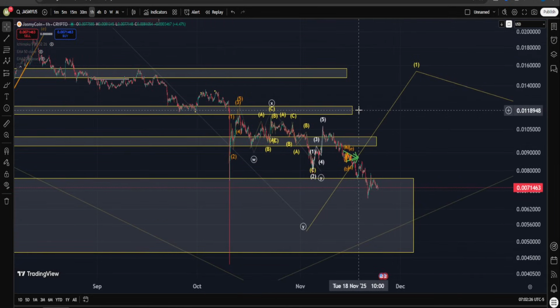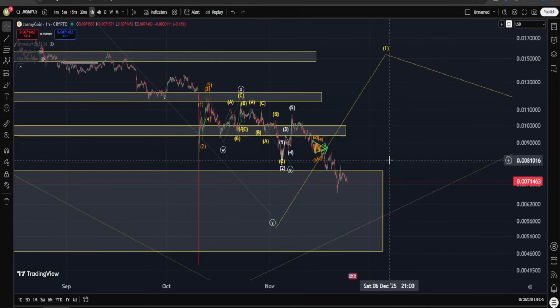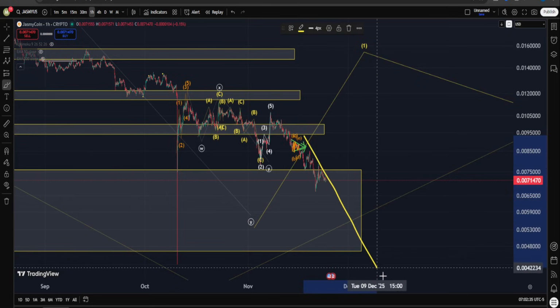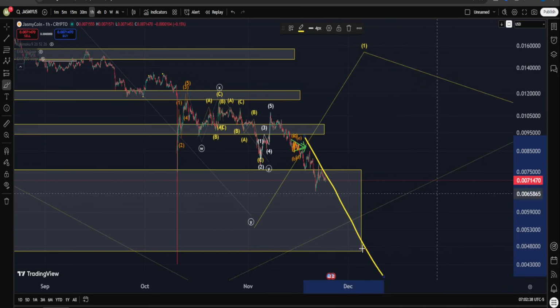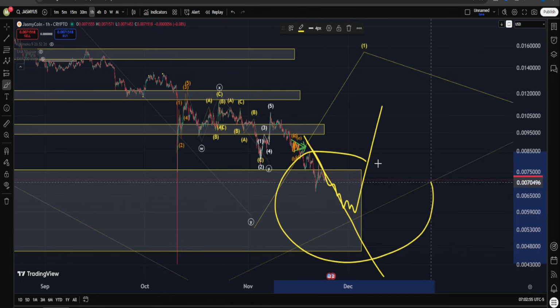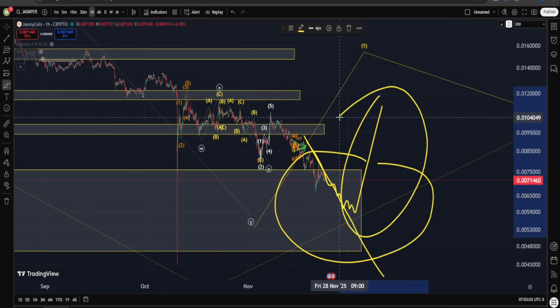Even according to the worst possible scenario that I have in my mind in Jasmy, I don't really think that we are going to, for example, from the current point, get a straight move on the downside in order to break all of these levels all at once. I don't really think that's actually realistic. In a better scenario, I think we may even continue our move down for another 10 to 15%, but then because these are such important regions, one way or the other, I do think that we are going to get a bounce. And when we get this bounce, okay,